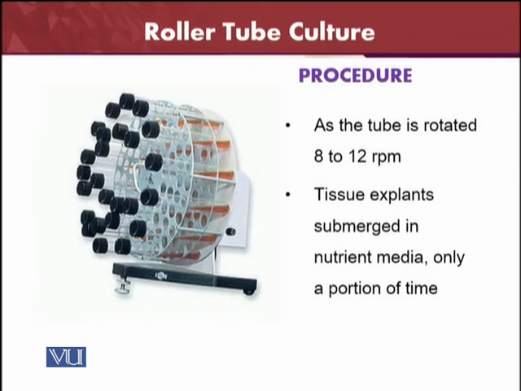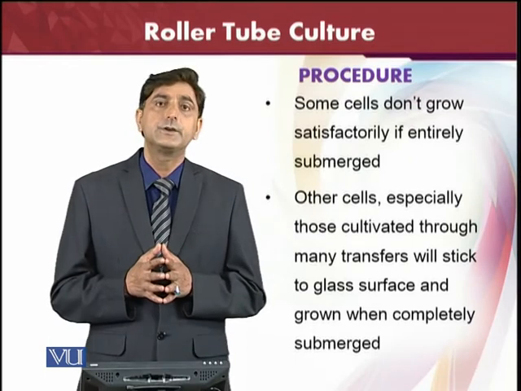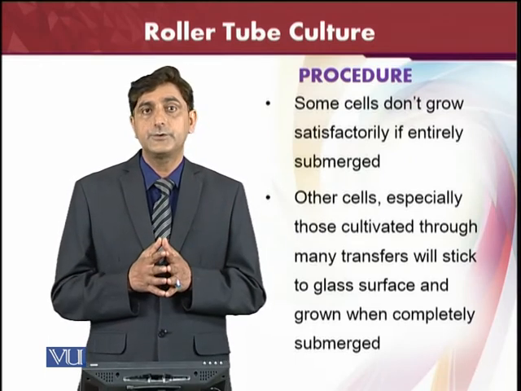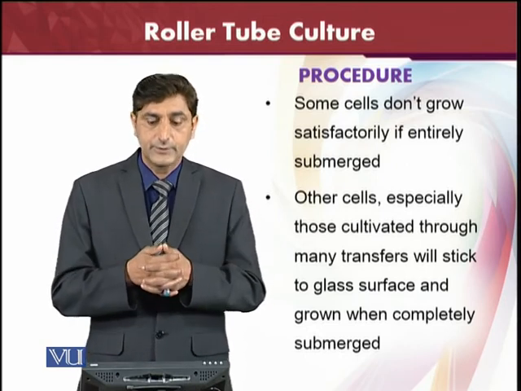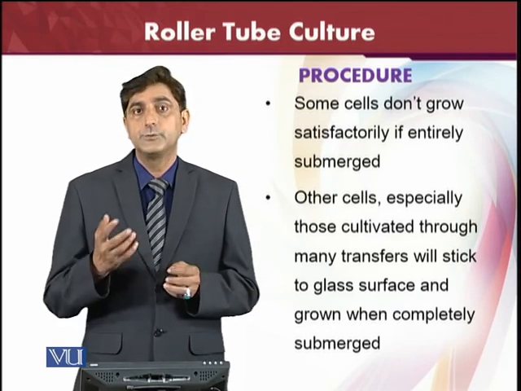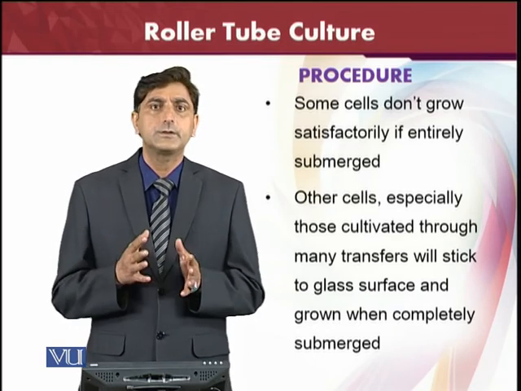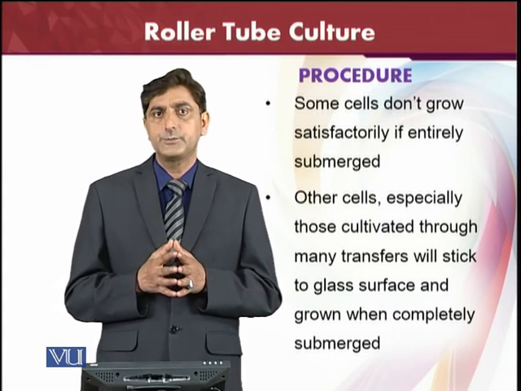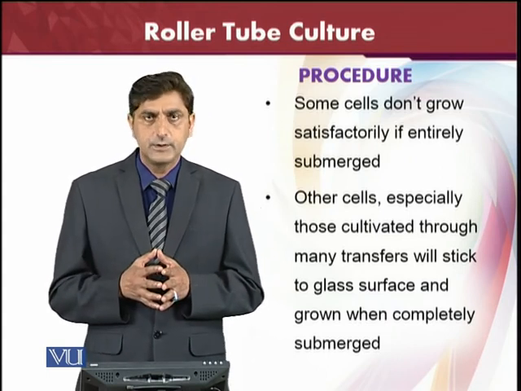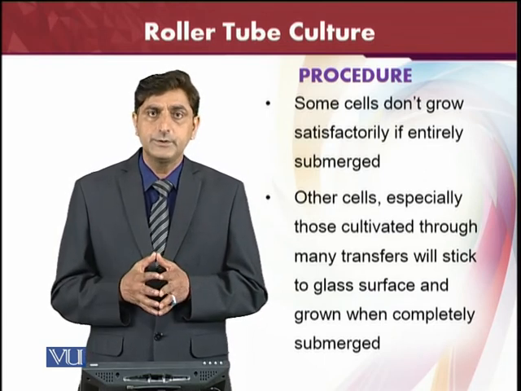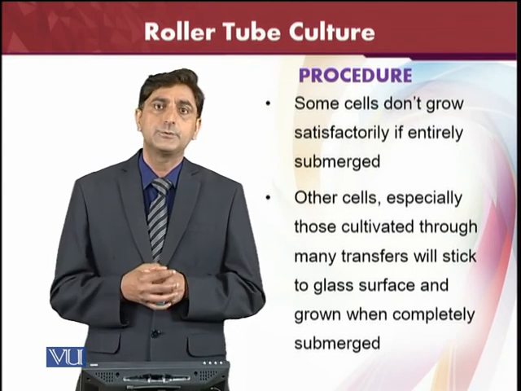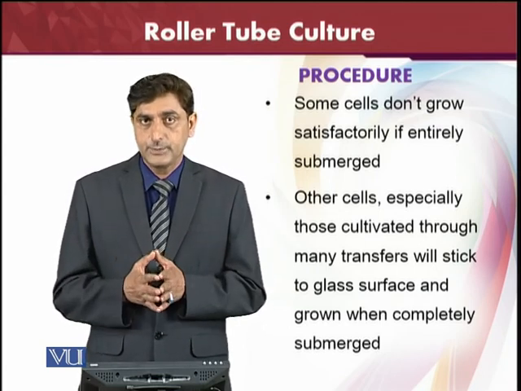As the tube is rotated, the tissue explants will be submerged, and submerging of the tissue explants is very important. Some cells will not grow satisfactorily if they are entirely submerged. Of course, as we already see, submerging is very important. If the submerging is not very well done, then some of the cells will not grow. So it is a matter of time, but the speed, you already know that centrifugation machines, most of the time they are about 12,000 rpm or not more than 12,000 rpm. So maybe it's a 14. So the time, you can increase according to your requirements, whether the tissue implants are equally